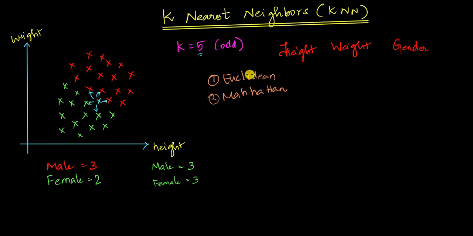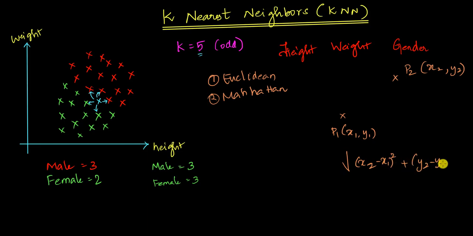So first of all, I'll explain what Euclidean distance is. There are 2 points here. This is point 1 and this is point 2. This is given by the coordinates x1, y1, and this is given by the coordinates x2, y2. If you are using Euclidean distance, it calculates the distance between these 2 points as the square root of (x2 minus x1) the whole squared plus (y2 minus y1) the whole squared. So this is the formula that we would have studied in our high school or in our universities.